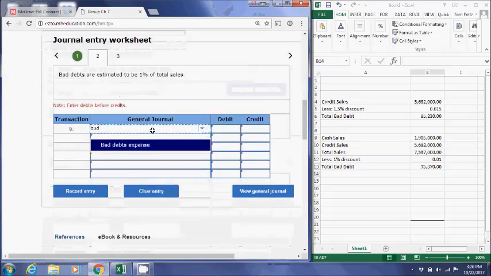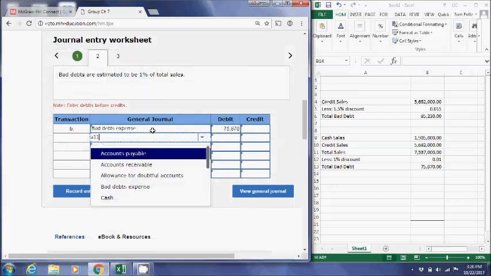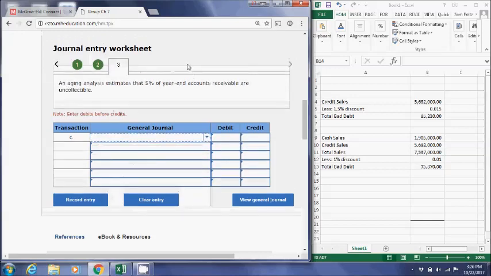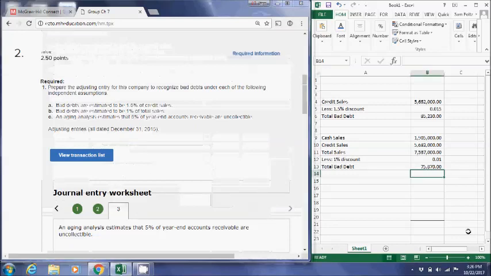Go ahead down to our journal entry. Again, the debit is going to be bad debt expense for the $75,870, and our allowance for doubtful accounts is going to be $75,870. All right. So now we get down to the final one, and this independent scenario says that an aging